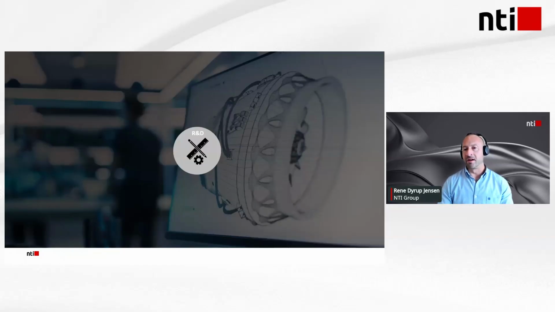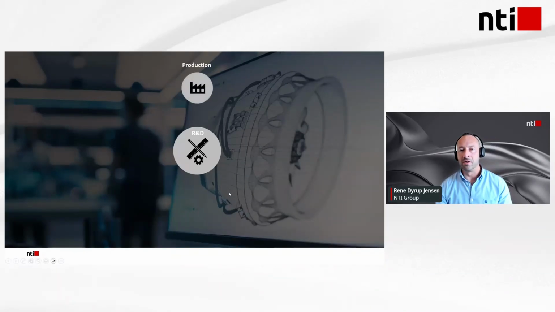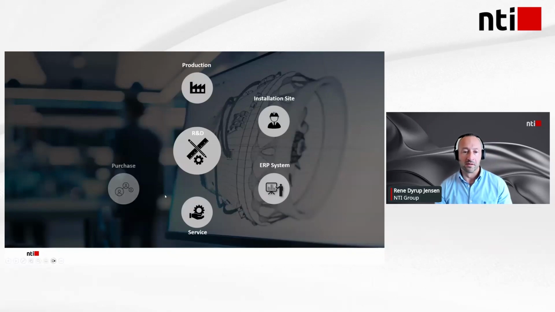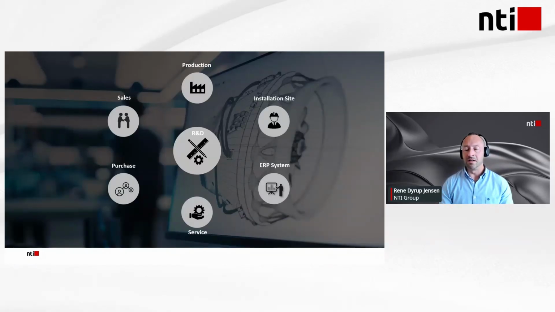Say, if you take an R&D department or engineering department, surrounding that department a lot of other departments are added. It could be production, the installation side, the ERP system, service department, the purchase department, could also be the sales guys. And all of those teams need to receive something from the engineering department.